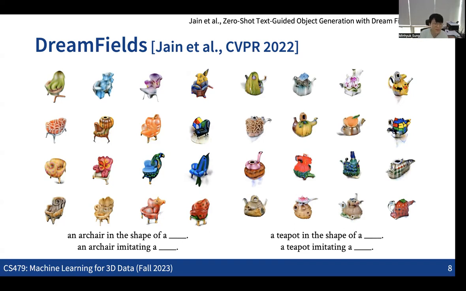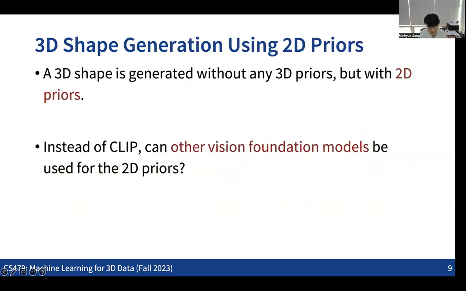Now what we can see from this output is that this is not about 3D reconstruction. We don't have any information, like images, for the objects or scenes that we are going to reconstruct, but we only have a text description. So now we are moving to generation, not reconstruction. Even without images, can we produce 3D outputs, having only a text description?